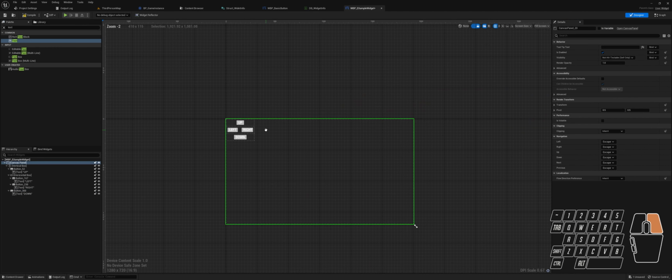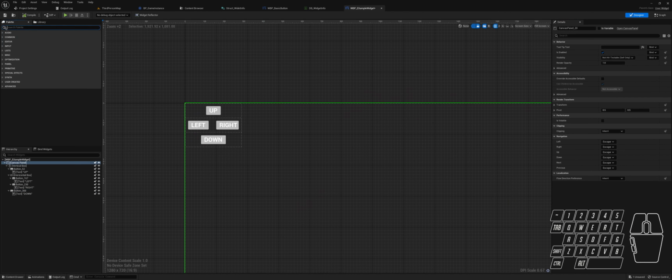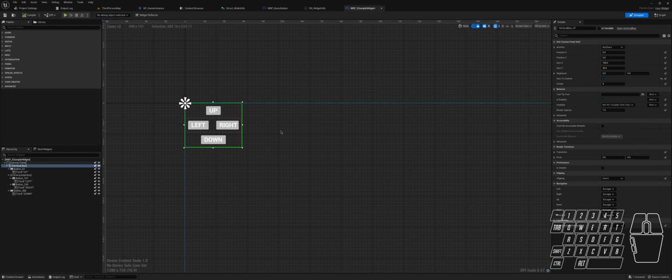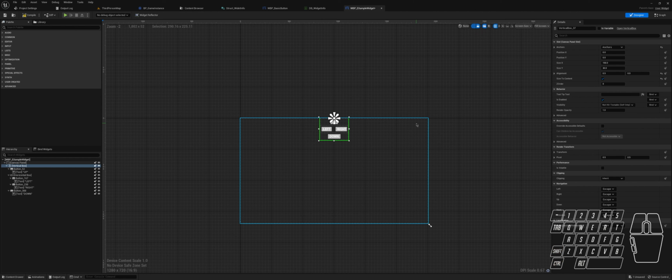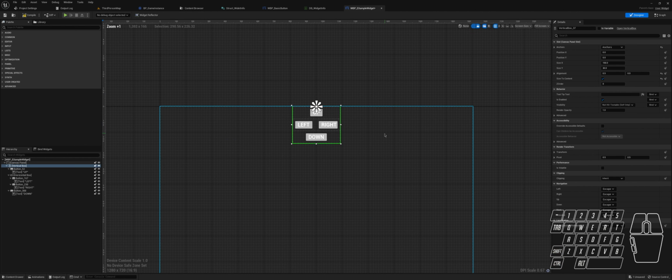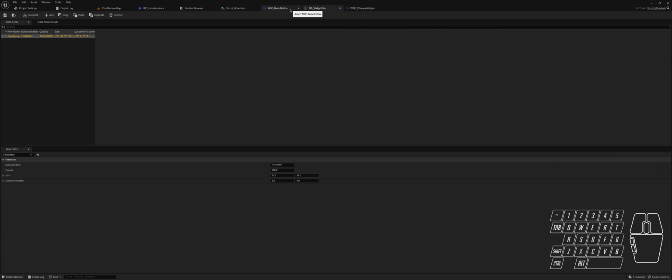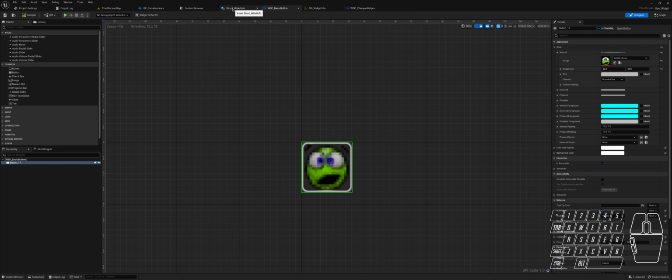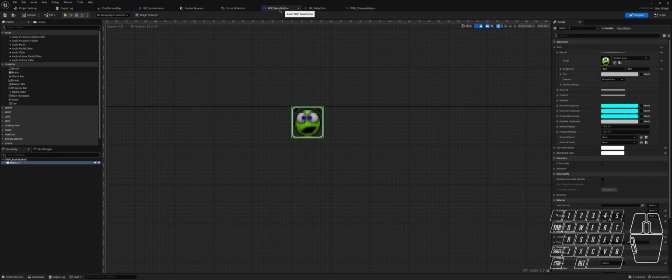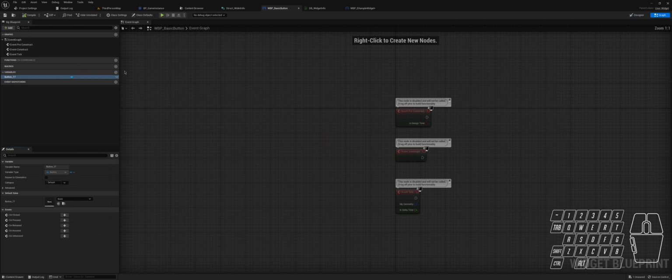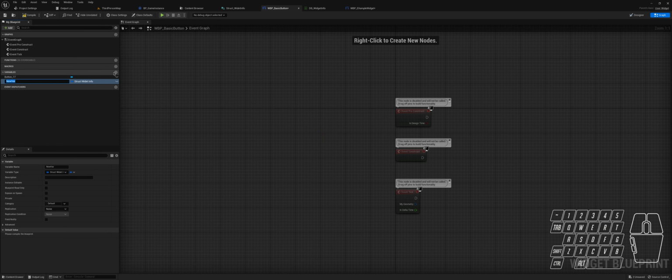Yeah, and that looks better. Let's just select the vertical box and center it to the middle. And now let's add a button. So basically we will need a reference for our struct widget info. So what we can do now is basically get to this basic button and then get to graph and create a new variable. We can name this item,